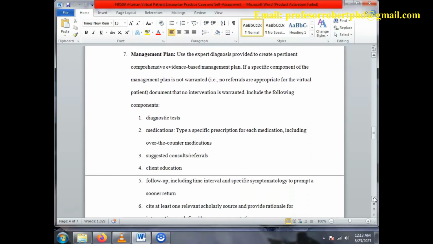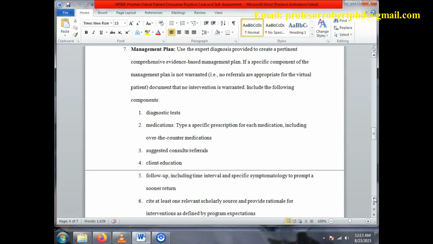7. Management plan. Use the expert diagnosis provided to create a pertinent, comprehensive, evidence-based management plan. If a specific component of the management plan is not warranted, i.e., no referrals are appropriate for the virtual patient, document that no intervention is warranted. Include the following components: